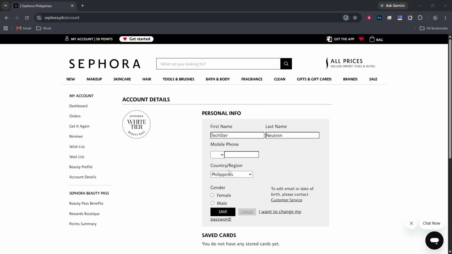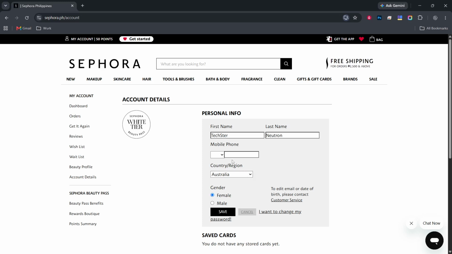On this same screen, find the country or communication country field. It may appear as a drop-down list or a labeled section within your personal details. Scroll slowly if you have many fields so you do not miss it. The communication country setting controls which country-specific communication and version of the site your account uses, so make sure you are looking at the correct field and not an address field.